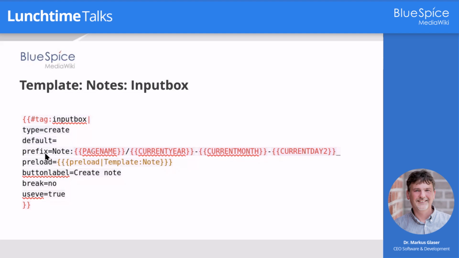As you can see, we hard code the namespace node. So all the pages will be created in node. Then we say, use the page name of the current page. So if I start off on the page Team DevOps, then this would be node colon Team DevOps slash, and then we are in the subpage space where, for some convenience reasons,